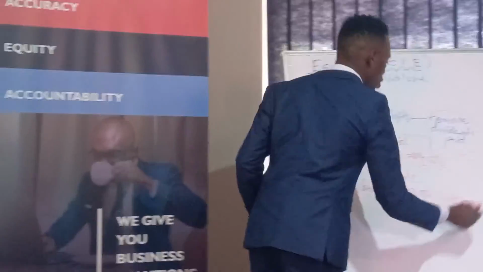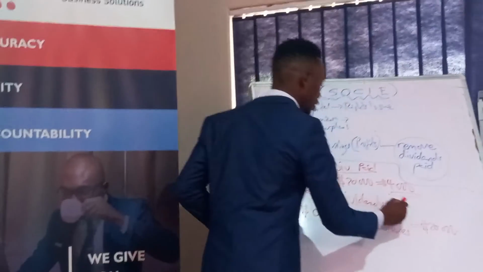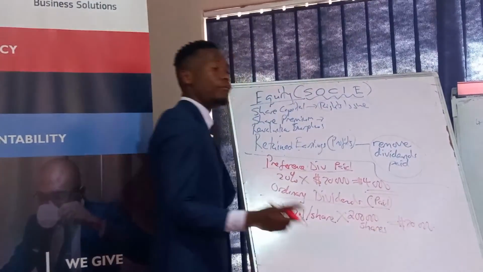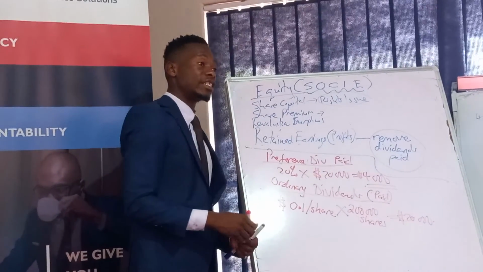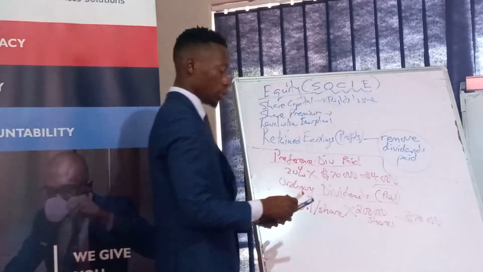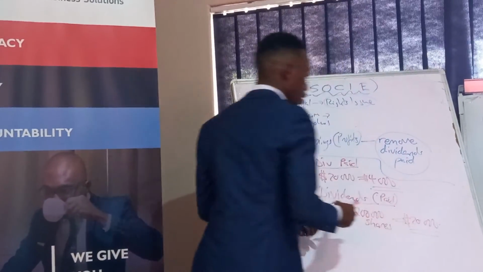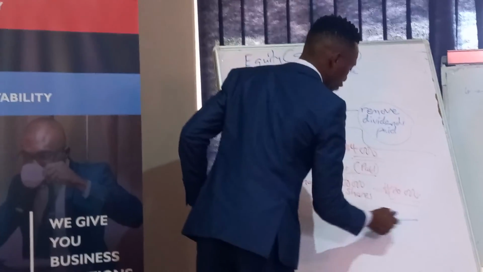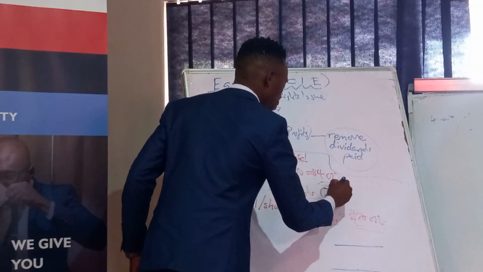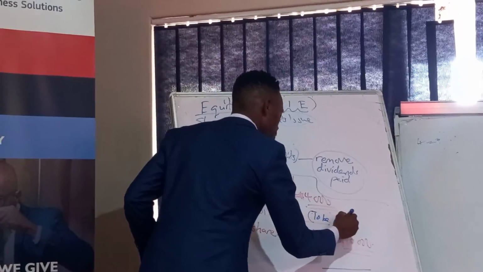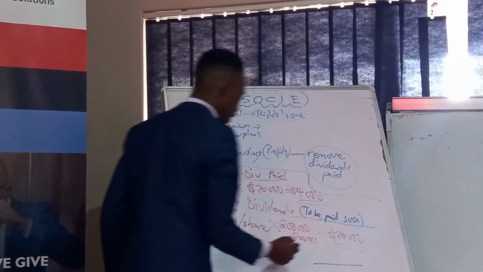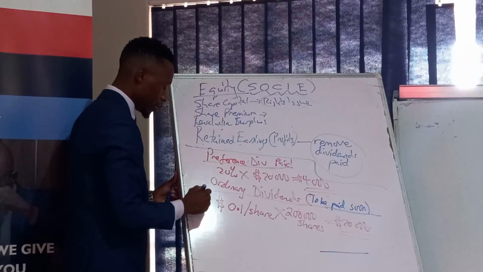Why have I included ordinary dividends paid? This one I'm calling them paid because they have been declared before the year end. Obviously, they will be paid anytime soon, right? Do you understand? So, in total, how much do you have? I'll write this to be paid soon. They have been declared. These ones is before